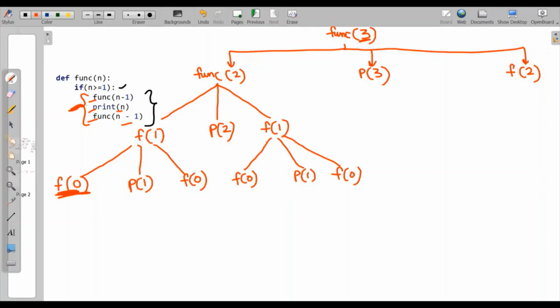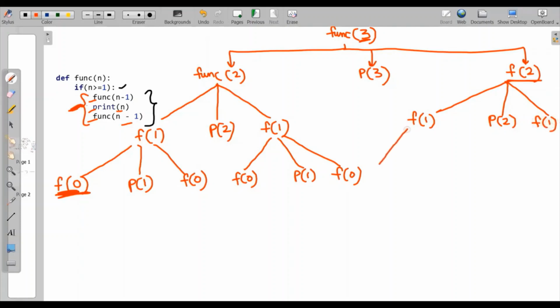Now here again we have a recursive call f2. So here also it will work similarly as it worked on the left side. So here I'll make 3 branches. 2 is greater than 1. So it will enter these 3 lines inside the if condition. So f2 minus 1 is f1. Print 2. Then f1.